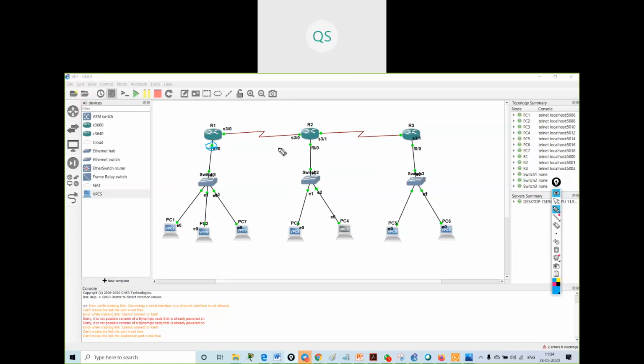But in our scenario, I am saying we can configure over here also, because if you are having a small network like this, and all the routers are connected, and this is my end router, you can say end device. Yes, sir, we can, but it won't be scalable. Yes, it won't be scalable in this scenario. If I configure the access list on this interface, I cannot connect any other router over here. So I will configure it on R1's F0/0 interface only.